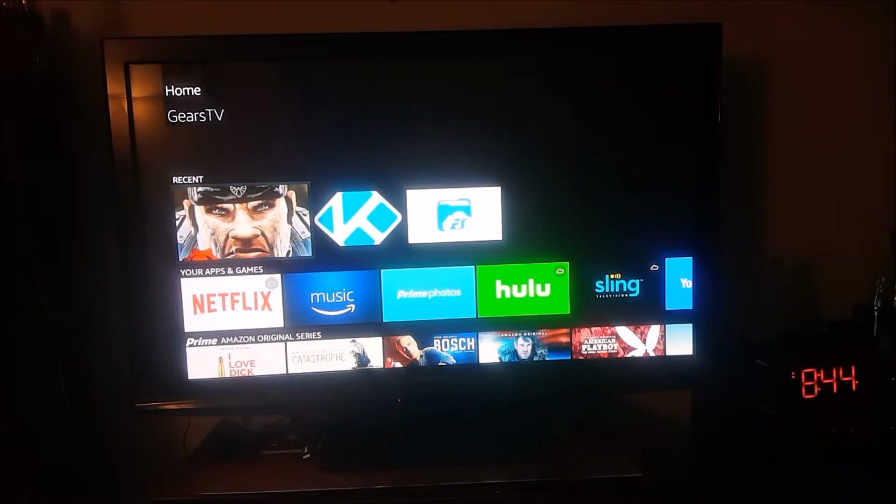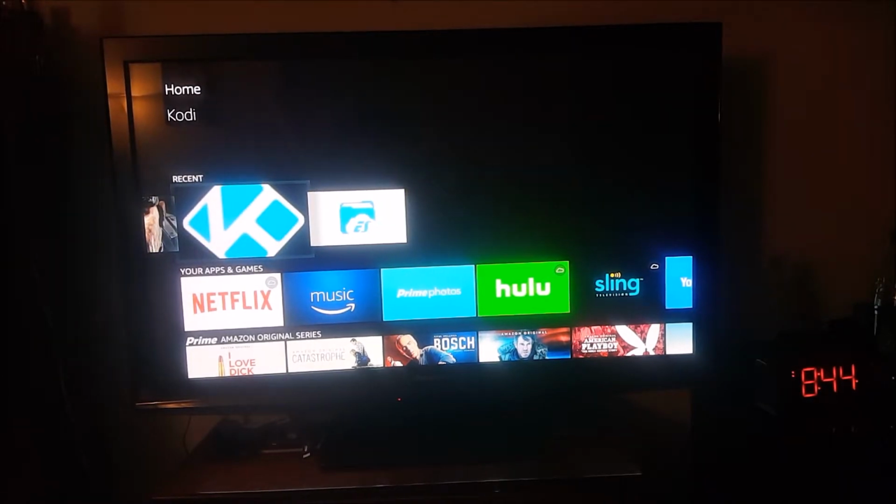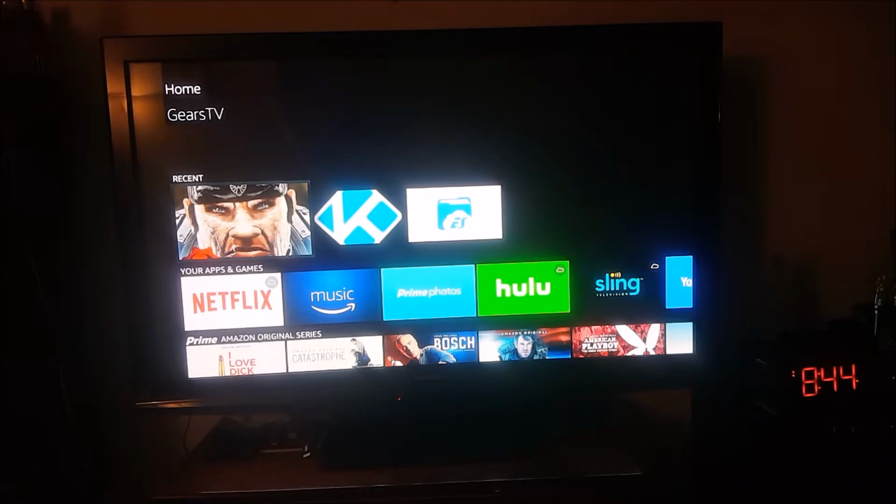Show me. Love it. All right, now for a little bonus section here. I'm going to show you guys the Gears TV, right? So the Gears TV app is an outside standalone application. Actually, that's not true. It can be in Kodi too, but this is a little bit better because it's an APK, which means it's a standalone app. So this is on the Fire Stick,